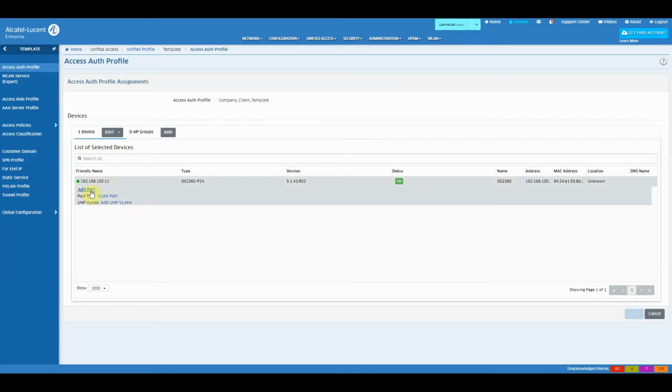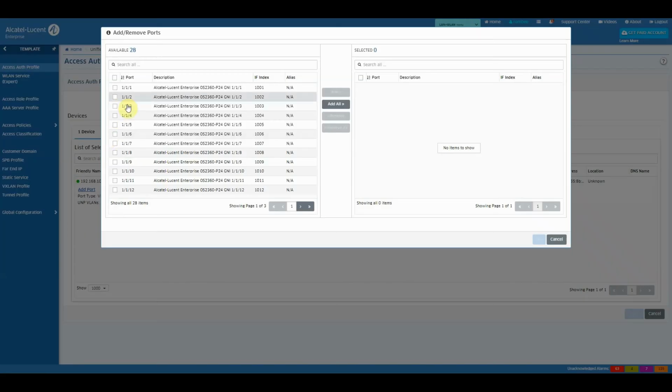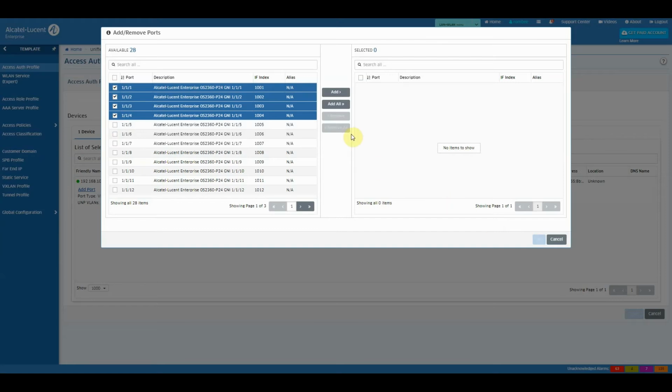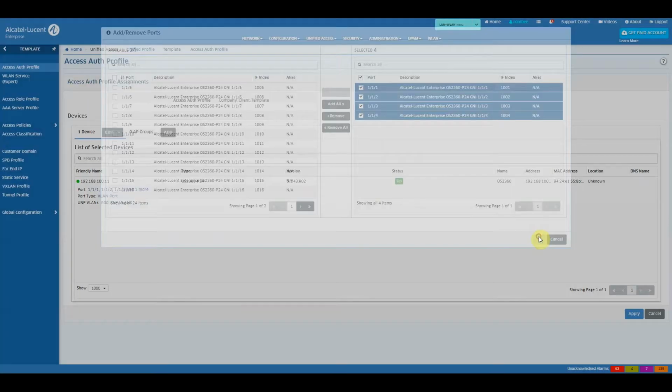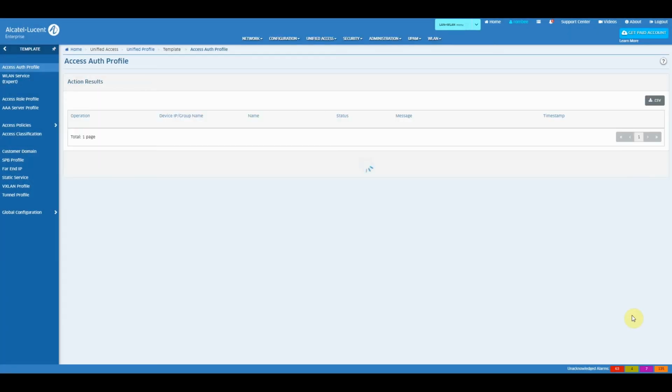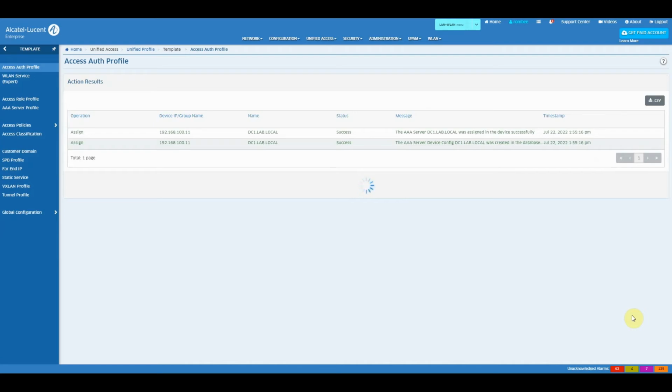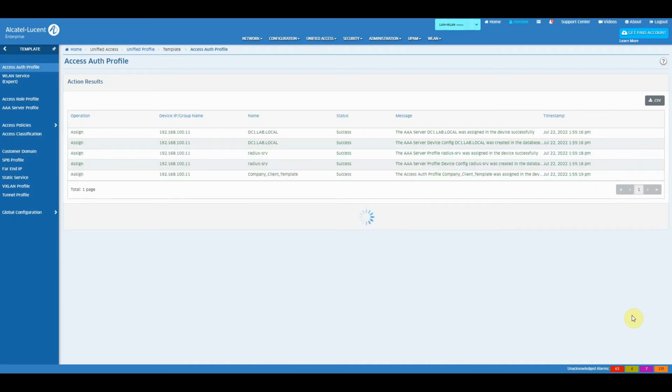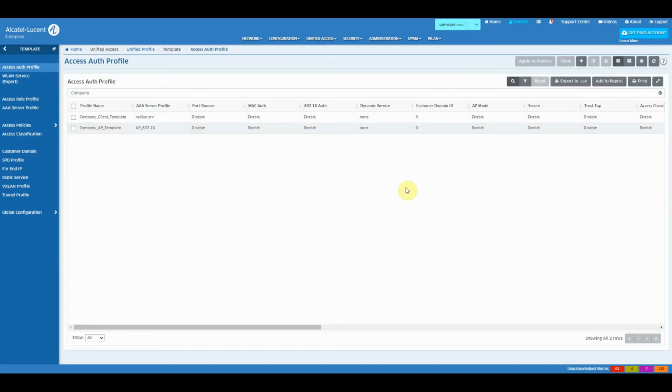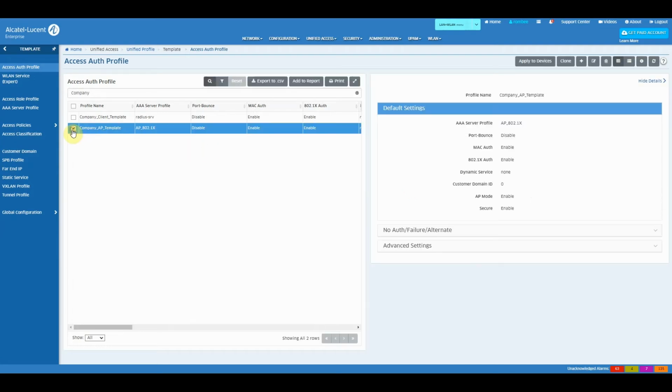So we select the switch, and we will select a range of ports. Then we can proceed to the last template for the access point.